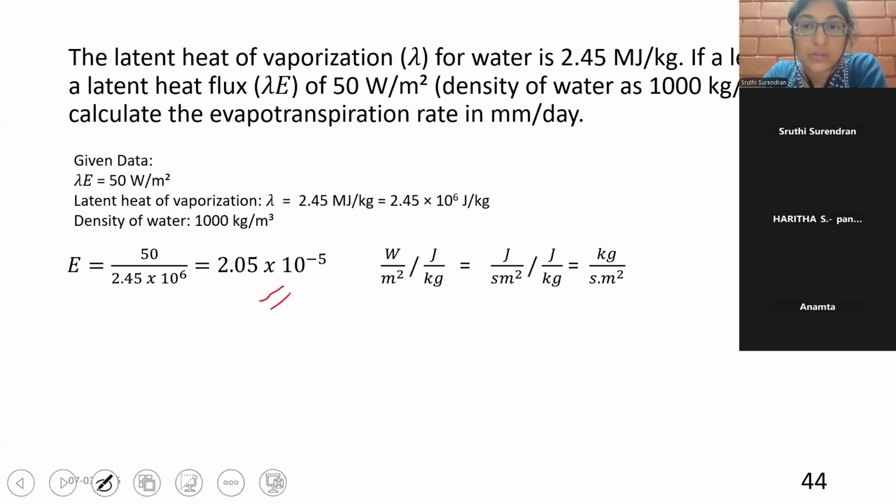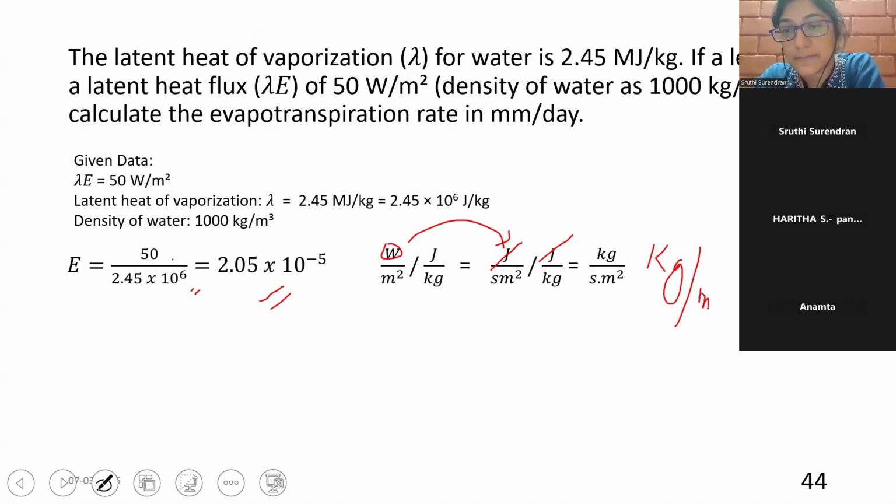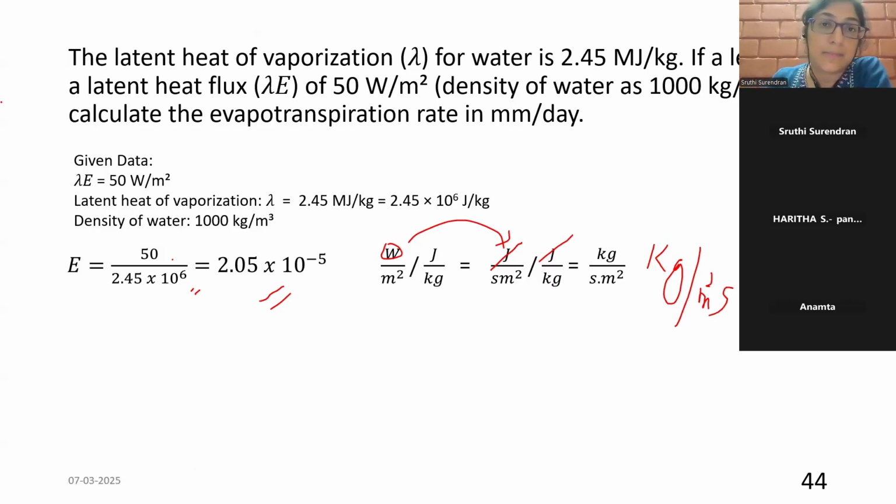Now, this is in units of watt per meter square divided by joules per kilogram, where watt per meter square is 50, and joules per kilogram is this one. And again, we know that 1 watt is equal to 1 joule per second. So this watt becomes joules per second per meter square, divided by joules per kg. This joule and this joule will get cancelled, and we will get the unit in kilogram per meter square second. Now, in order to convert this to millimeters per day,